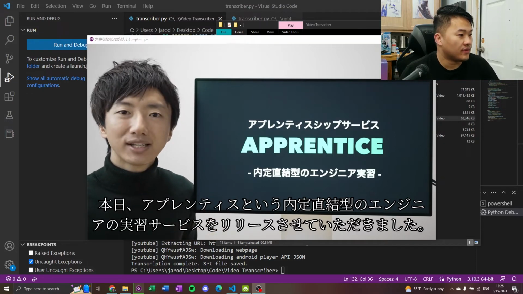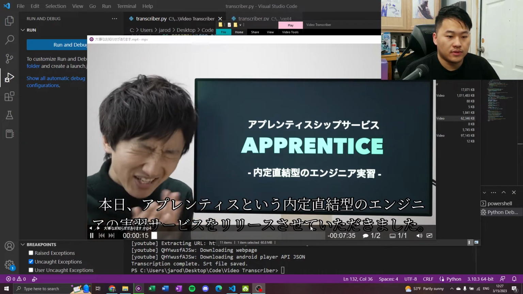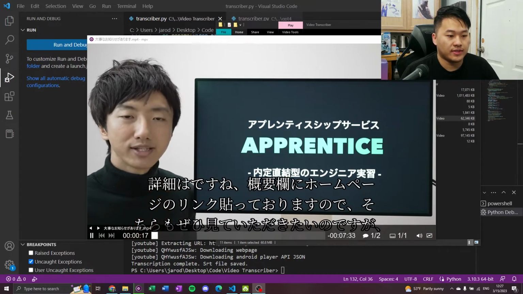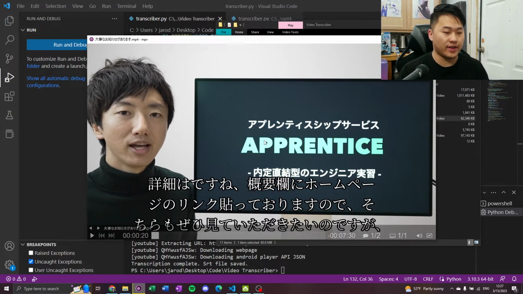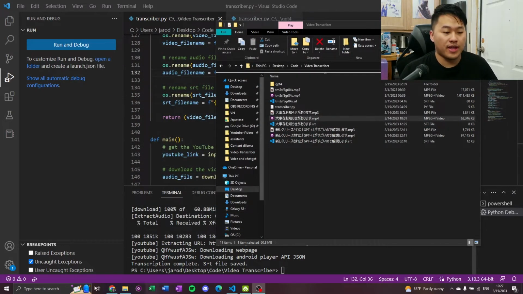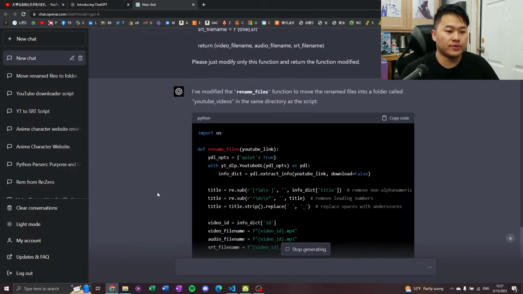内定直結型のエンジニアの実習サービスをリリースさせていただきました。詳細はですね、概要欄にホームページのリンク貼っておりますので。